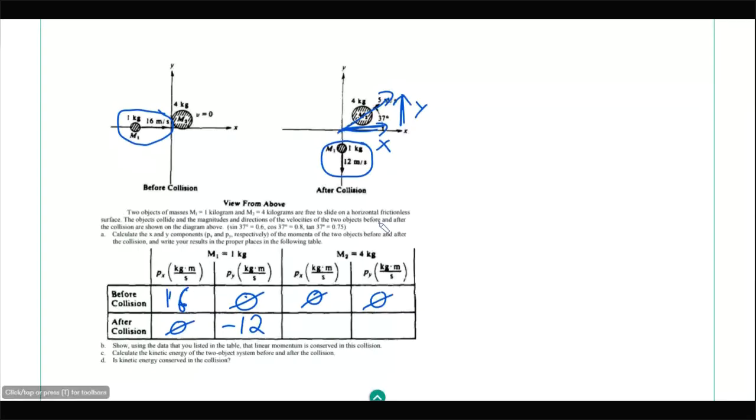So its momentum in the y direction will be 4 kilograms times 5 meters per second times our trig function to go vertical. Now, vertical is opposite the 37-degree angle, so we'll do sine of 37. We take the momentum, and all we're doing is finding the vertical velocity instead of the total velocity. So 4 times 5 times the sine of 37.